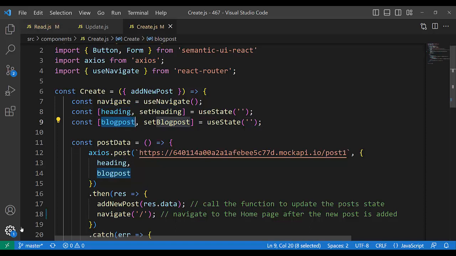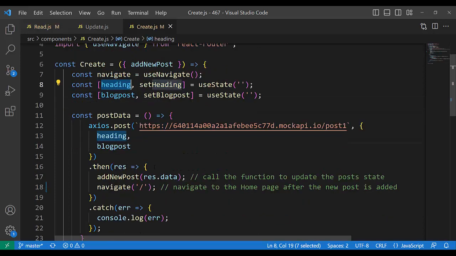Heading and blog post. It means setHeading. It means setBlogPost. That is set here, this heading, we have this heading here and send it, because